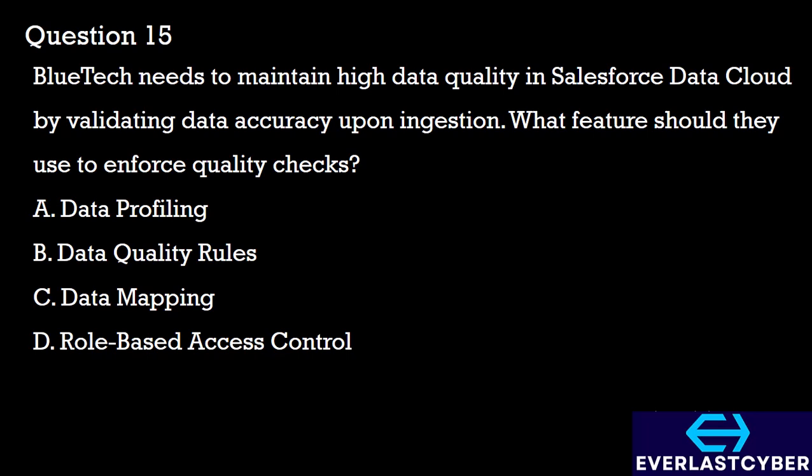Data profiling is used to analyze data to understand its patterns, structure, and anomalies, but it does not enforce validation checks during ingestion. Data quality rules allow for defining validation criteria to check the accuracy, consistency, and completion of data as it is ingested. Data mapping aligns data fields between systems, but it does not validate data quality, while the role-based access control manages user permissions and access to data, but it does not impact the data quality or validation